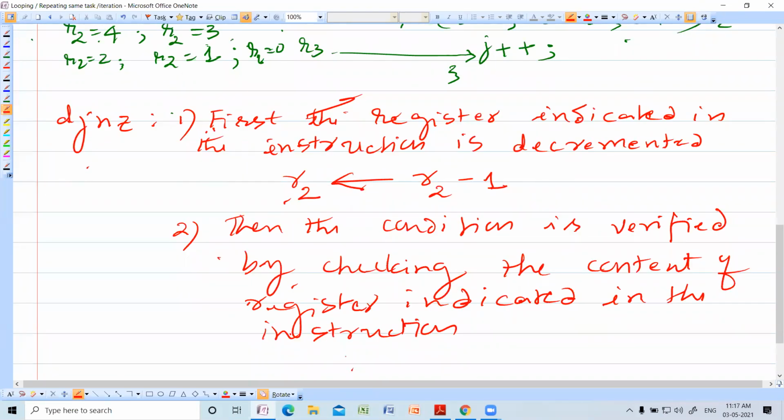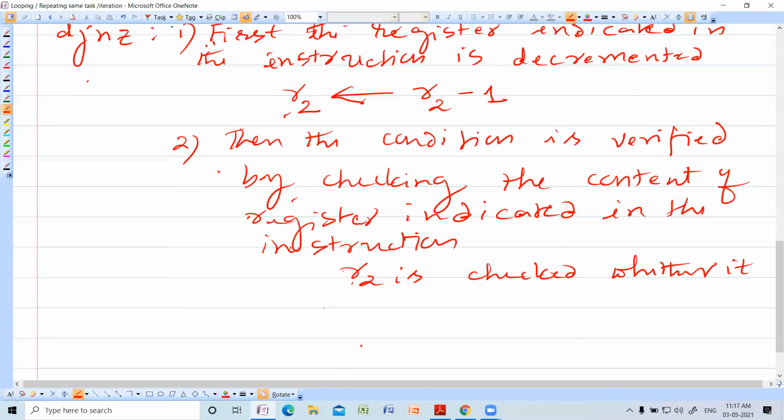So, in this case, R2 is checked for 0. Check whether it is 0.